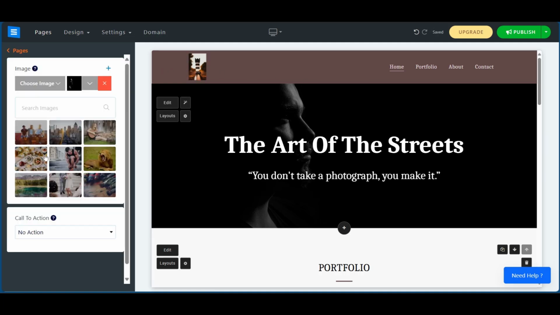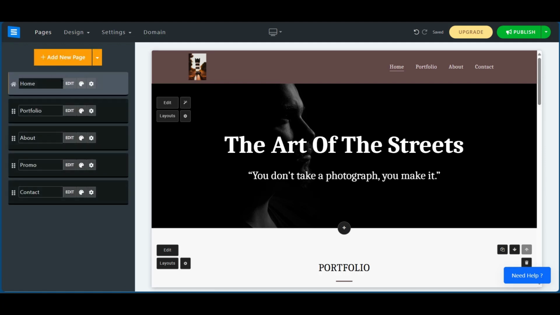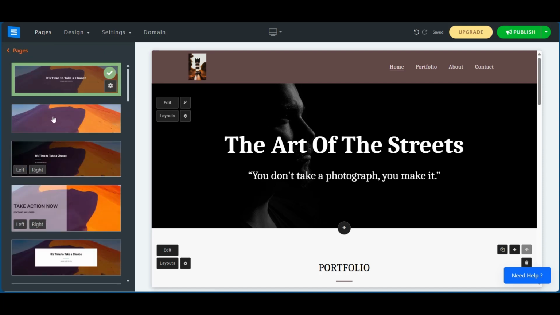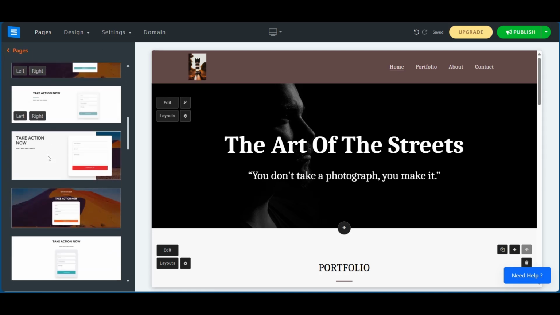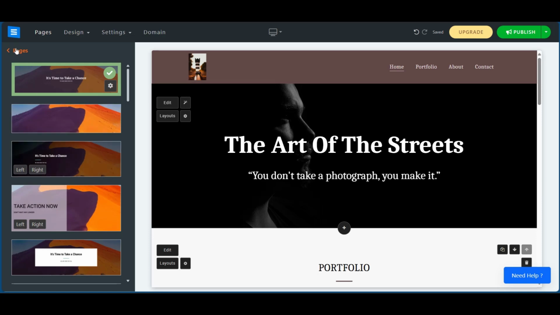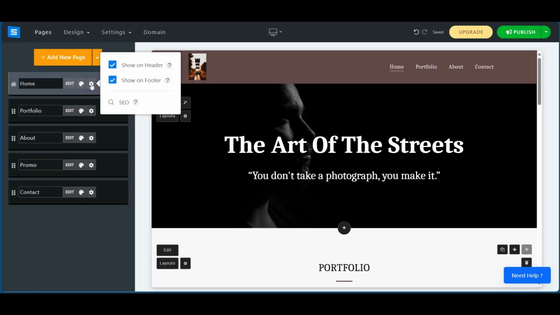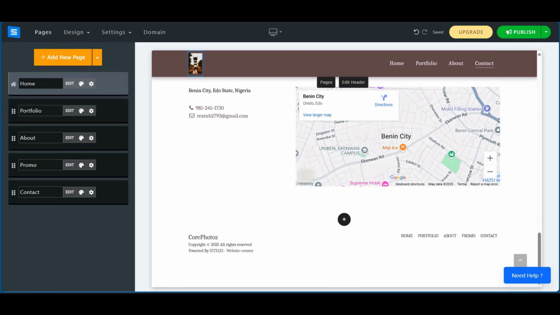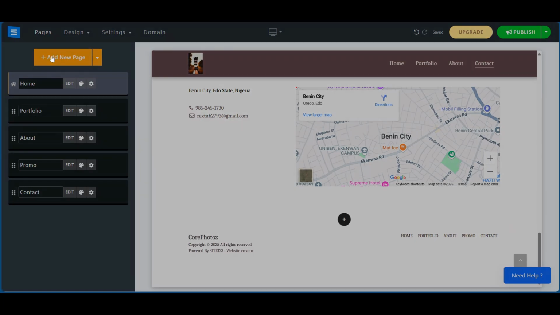And we have the option to choose an image instead of the writing. We're fine with just the writing as that is pretty standard, and we can click on the palette here to change the color palette. And for the home color palette, you can see this is selected. And of course, you could choose to have any other option right here, but we're going to go with this one. And when you click on the settings icon, you see show in header and show in footer. Now, because this is selected, when you scroll down to the bottom of the page, you can see home, portfolio, about, promo, and contact. Of course, if you want to add another page, you can click on add new page,